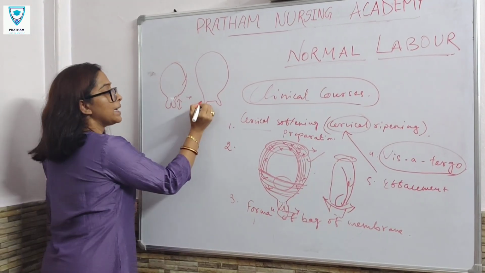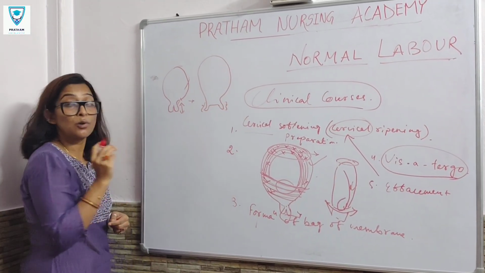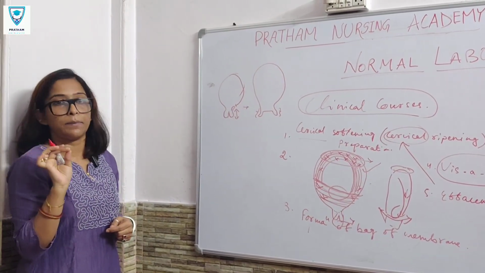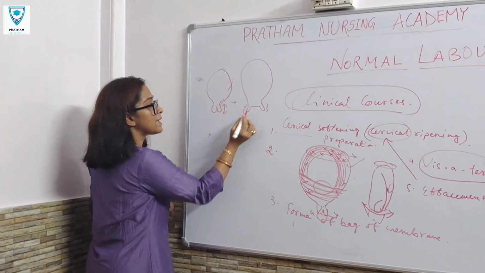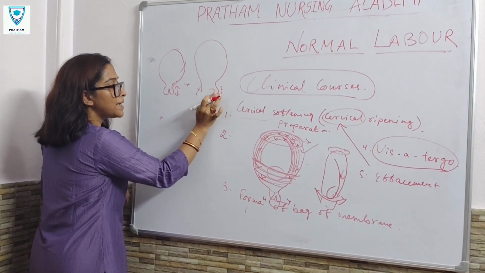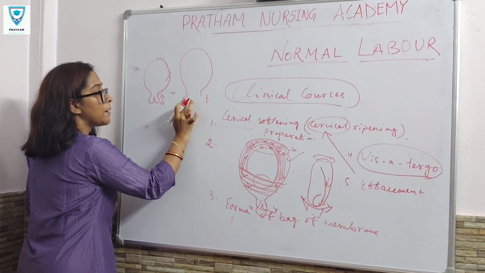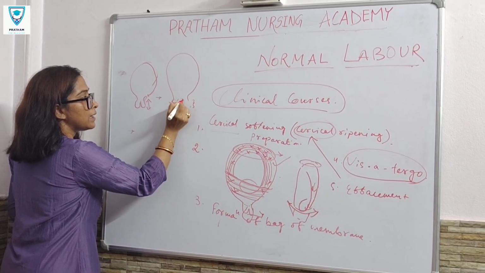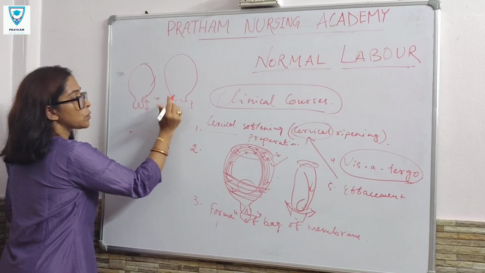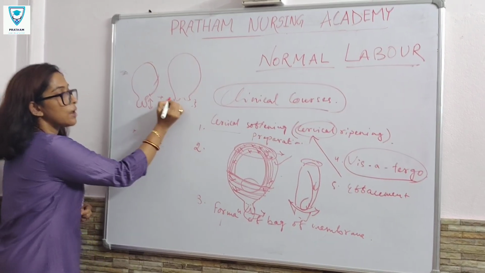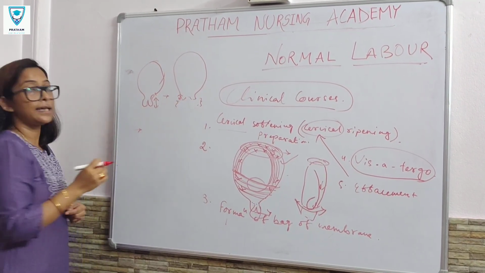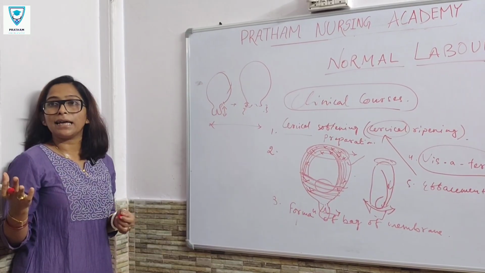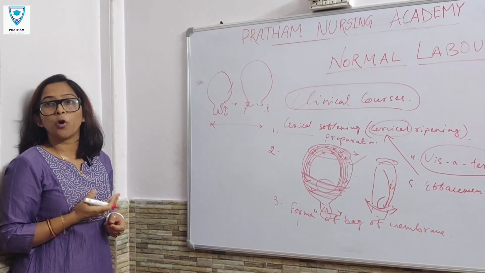The fornix will be completely lacerated during childbirth. So the feasible thing is dilatation of the cervix along with merging of the cervix with the lower uterine pole, so that the length of the cervix will be reduced in a fully effaced uterus. You can get a clear visual about normal labor.